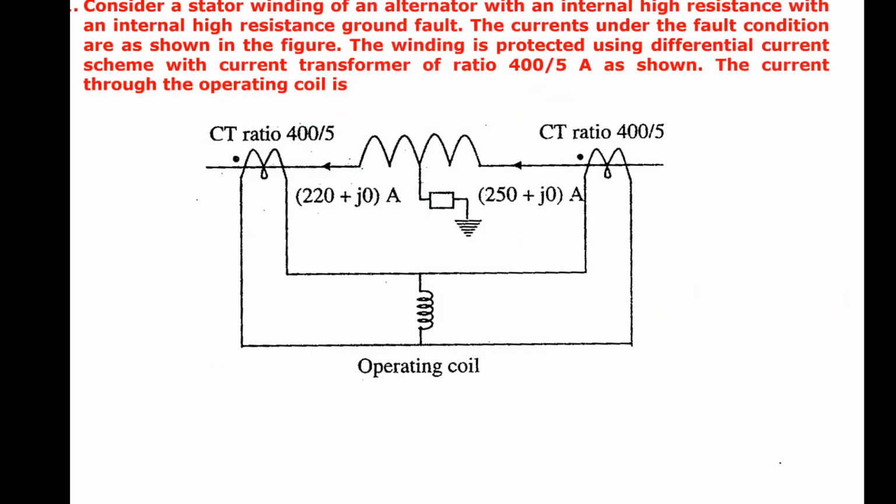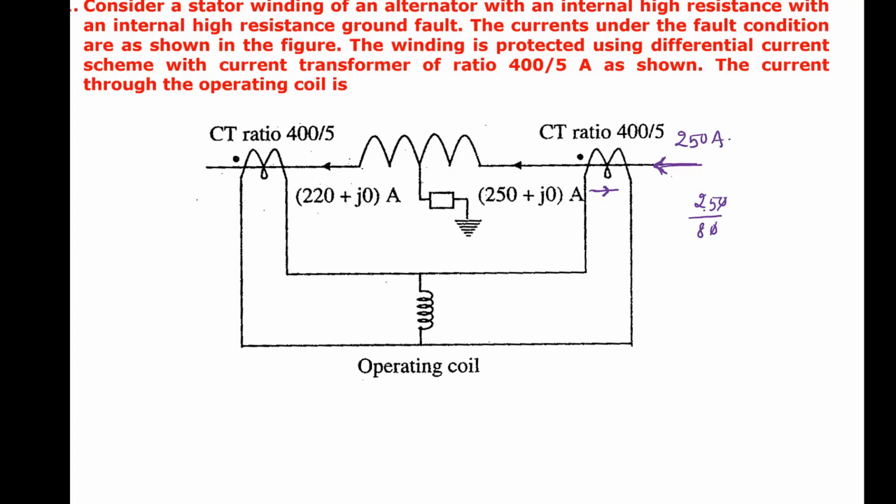Read this question and tell me the answer. Let us see how the currents will flow. Here the current is entering at this point in the primary. The current is flowing like this. 250 ampere is flowing in this direction. So in the secondary, the current will leave the dotted terminal. So how much would this current be? This current would be 250 divided by 80. 250 divided by 80 is how much?